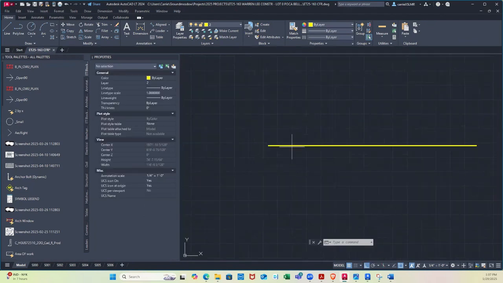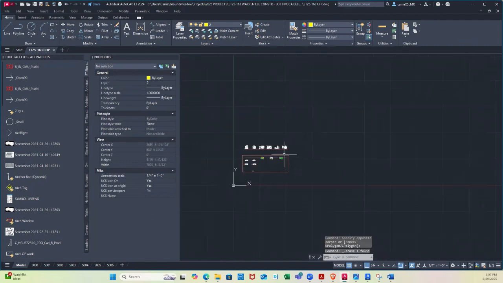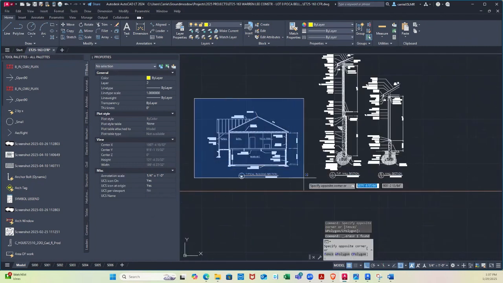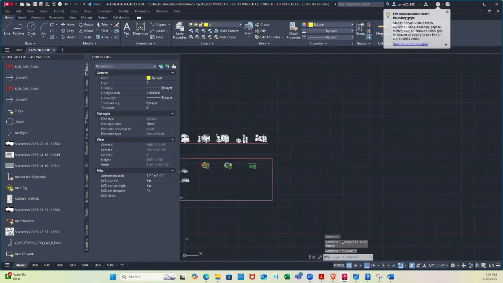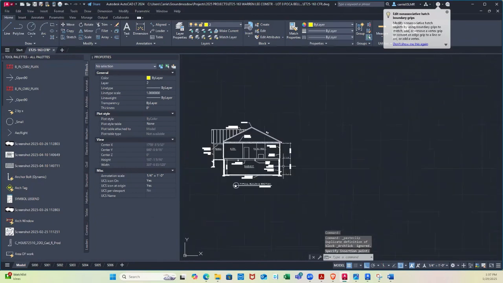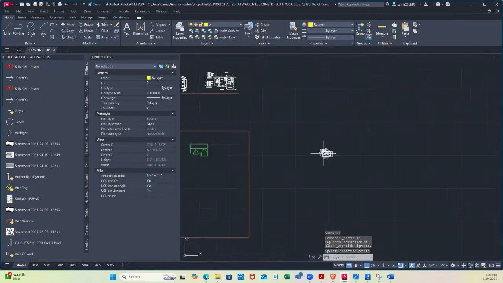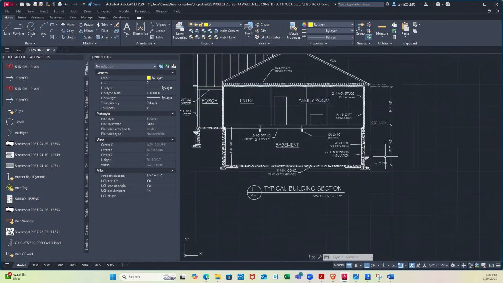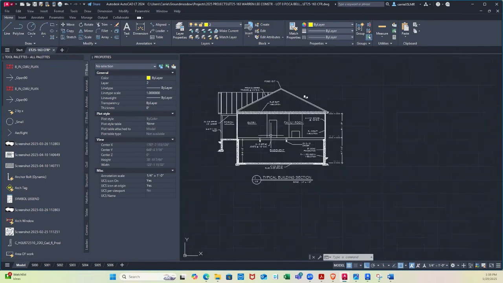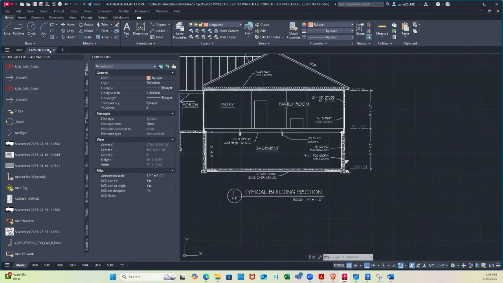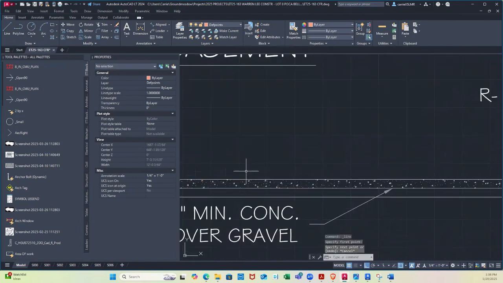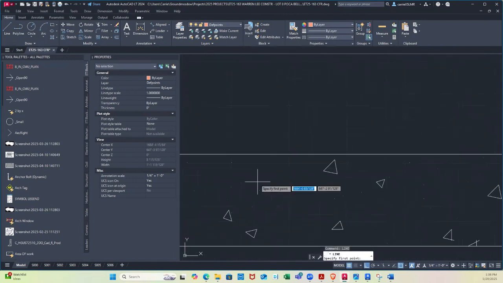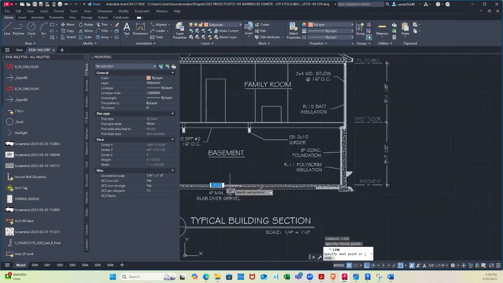Oh, well, that's not what I meant to copy. Sorry about that. All right, let's try this again. Copy. Okay, great. So now we have a building section, which gives us our levels. So then we can go to depth points. I can do my line tool, and I want my line to be right on that slab, which is the